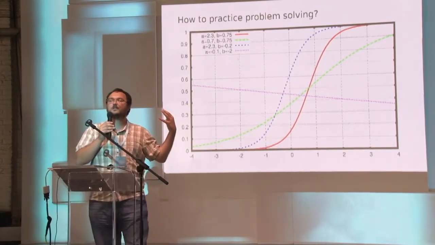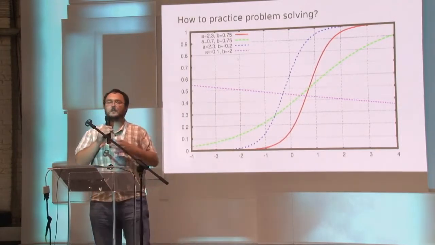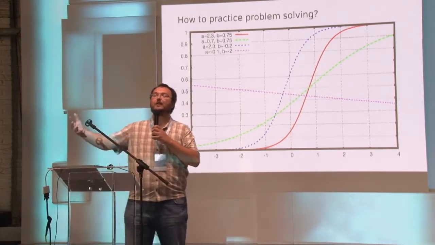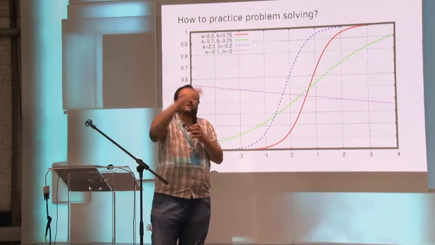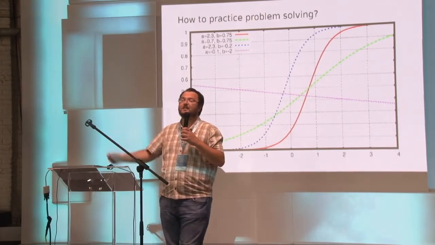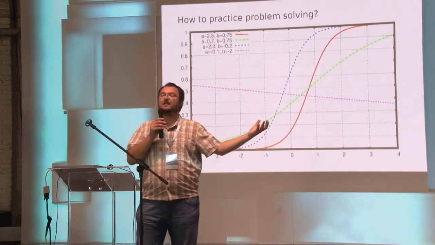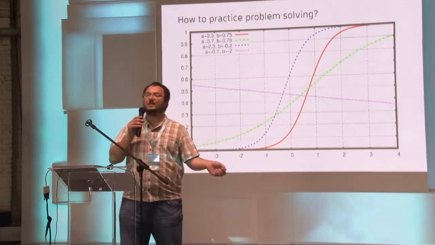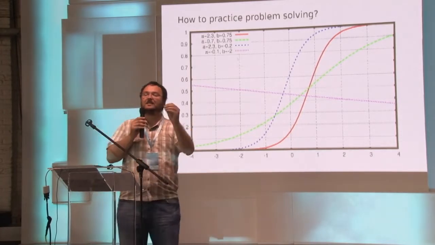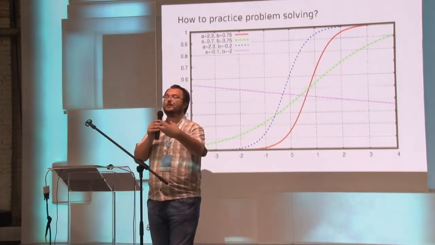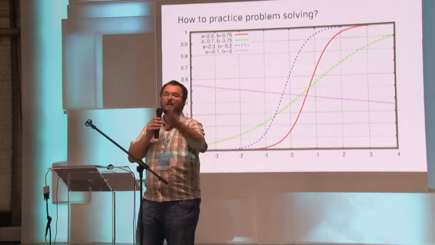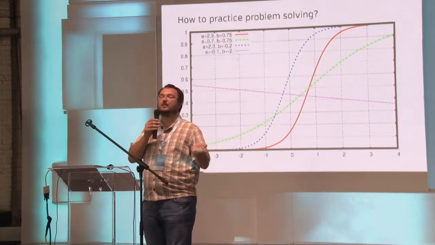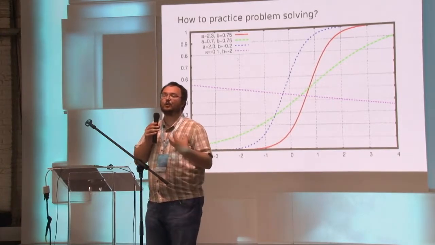And this model is also interesting when you are doing the testing, because if you are testing some people and you give them tasks that are too difficult, you will learn nothing about them. Nobody will solve anything, you will see a rank with all zeros, you have learned nothing. If you give them tasks that are very easy for them, you will again learn nothing, because everybody will solve everything, modulo some random noise, again, no information for you. When testing, you gain the most information about the people if the tasks you give them have this middle point somewhere around where the actual skill levels of the competitors are. And this is also true for learning.